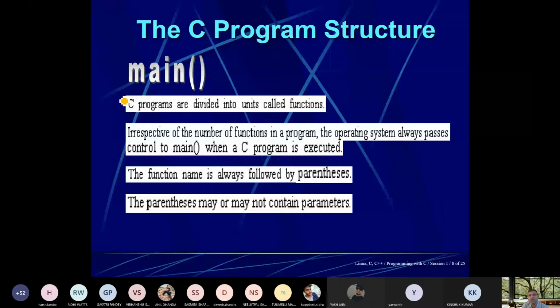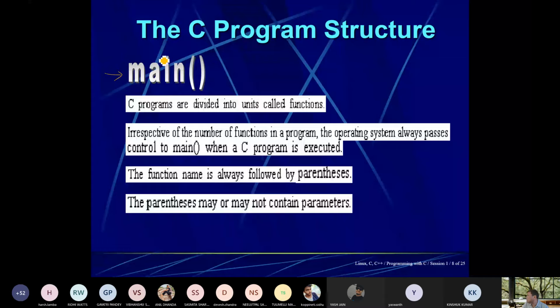To avoid such a problem, C has developed the concept of the main function. Irrespective of the number of functions in a program, the operating system always passes control to main when a C program is executed.